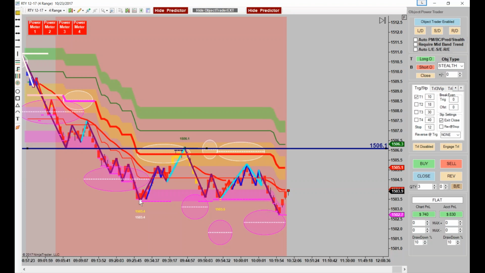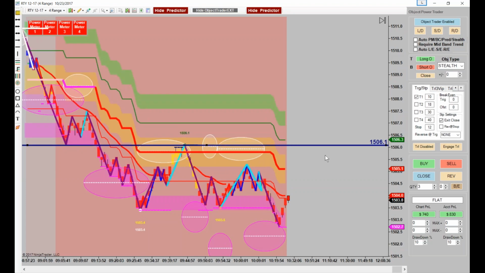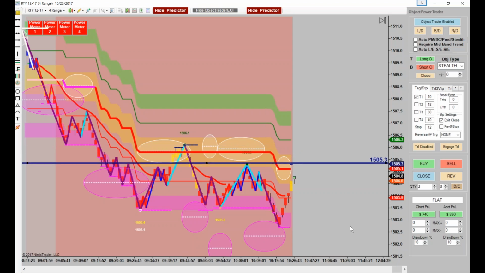It would take this to change trends, right? Low, high, lower low. So that's our medium trend. And we're still looking for shorts as long as it doesn't do that. Let's see if we can get one. Now keep in mind, if we don't get a zigzag, we won't get a green power meter. That's just straight up off that double bottom. Resistance is right there. I'd probably sell one if it touches that line,